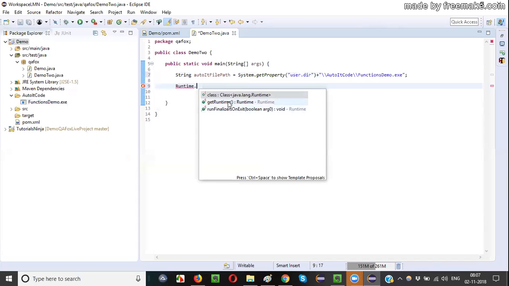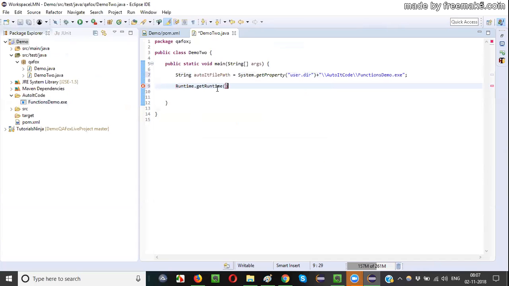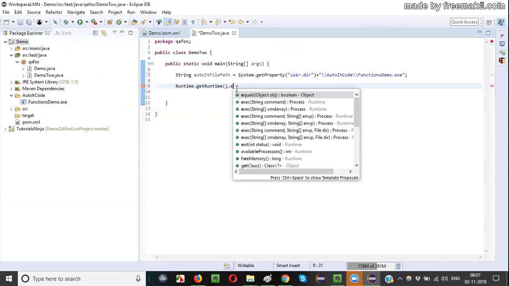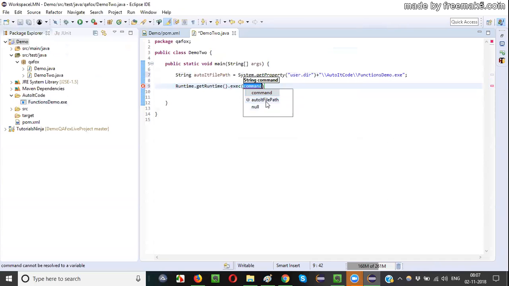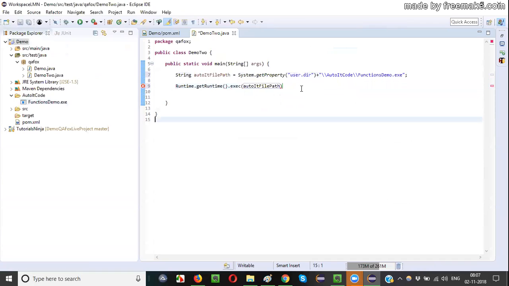Runtime.getRuntime is one of the methods of the Runtime class. Runtime.getRuntime().exec, and in this you need to give the AutoIT file path. That's it. This is the syntax, guys. Runtime.getRuntime().exec. In this, you need to pass the path of this exe file, which got compiled and generated from the AU3 script file, right?